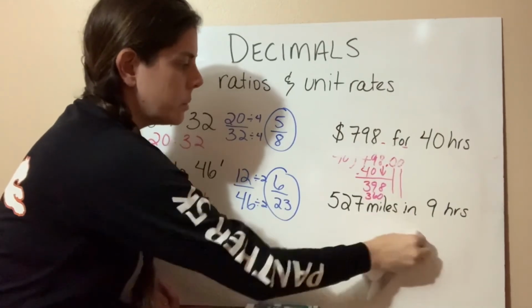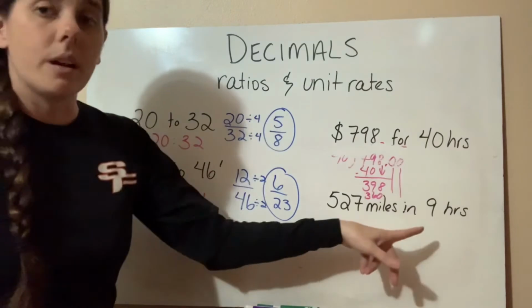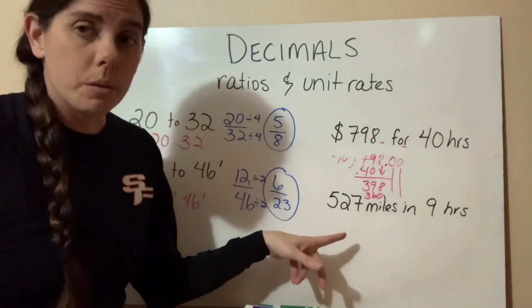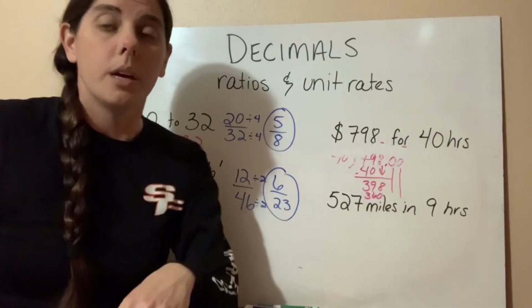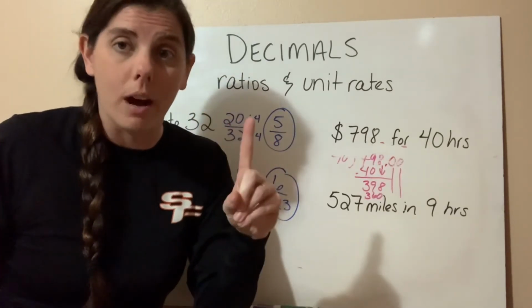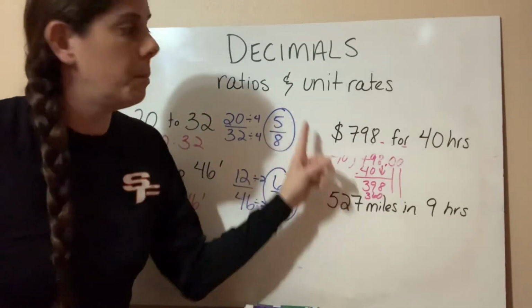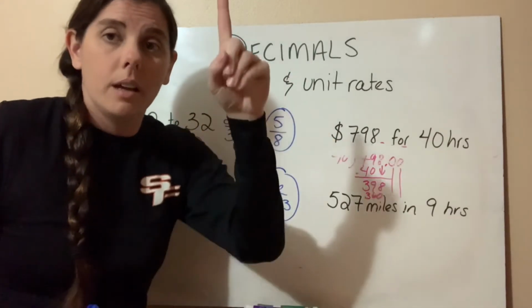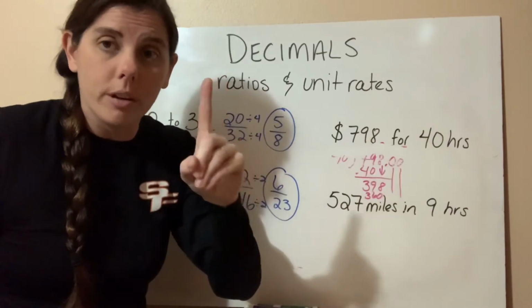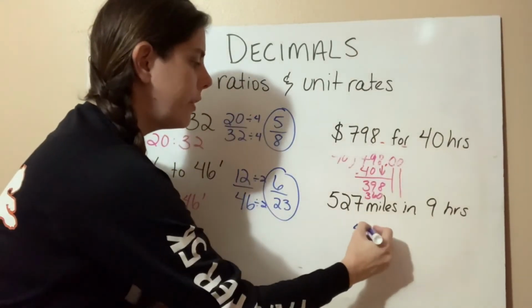Now for this next one, I'll just erase the stuff down here. Say we're taking a road trip and we drove 527 miles in 9 hours, but we want to calculate about how far did we go in 1 hour. So we're calculating a unit rate. So we have a ratio, but now we want to find a unit rate. So 1 hour, how far did we go? Again, we're going to divide. So we're going to have 527